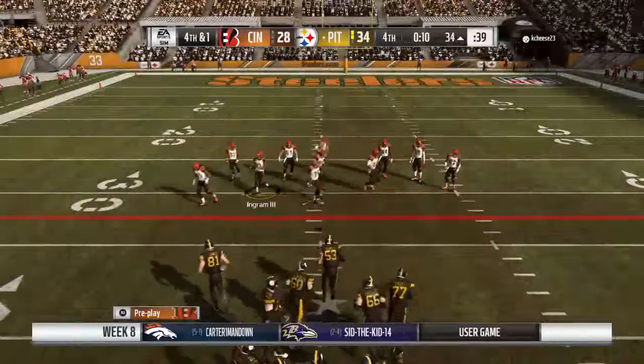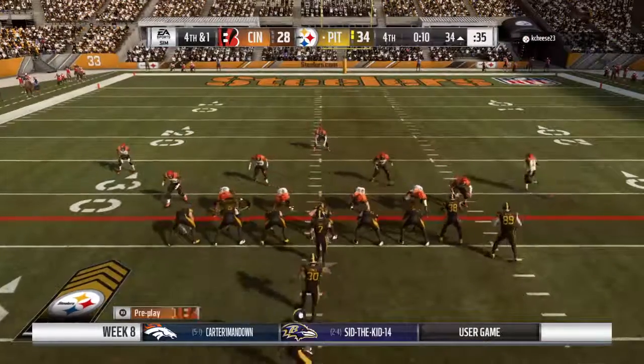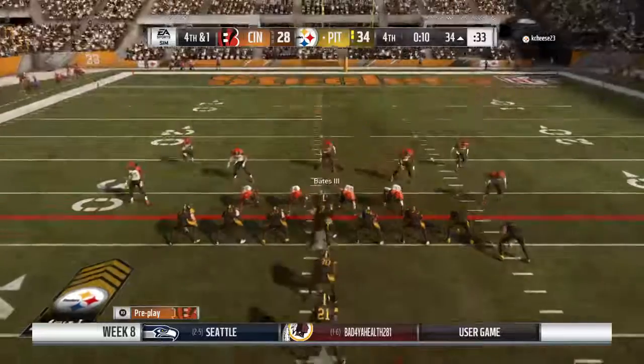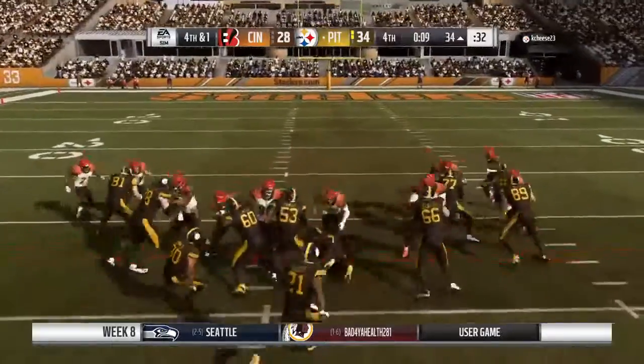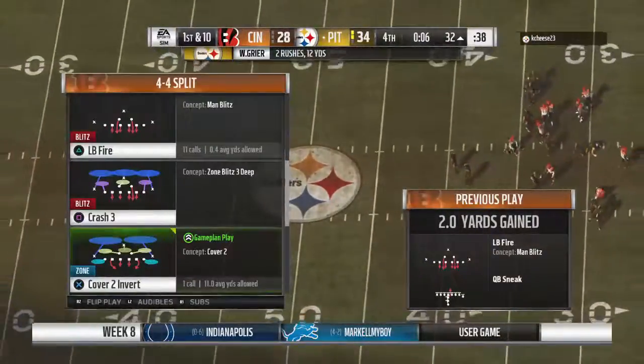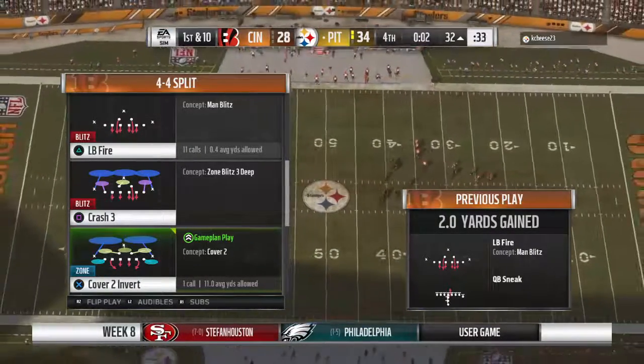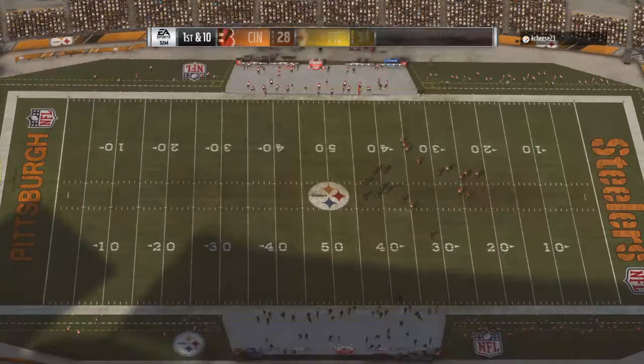And here's a big one now. Trying to hold this lead. They're going to go for it here on 4th down. They'll try and sneak it here. And he'll be touched down here, but not before he does pick up the first. That one a backbreaker as they wind up converting there on 4th. A lot of